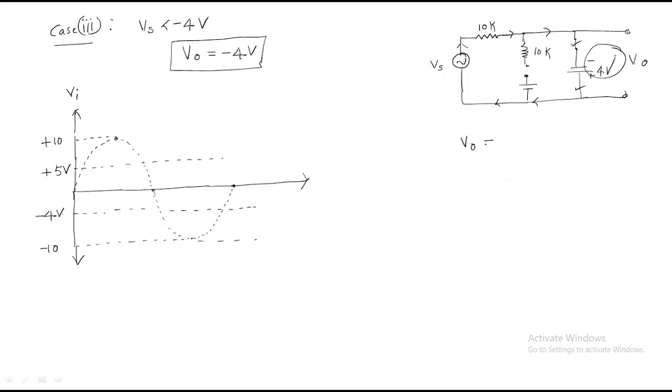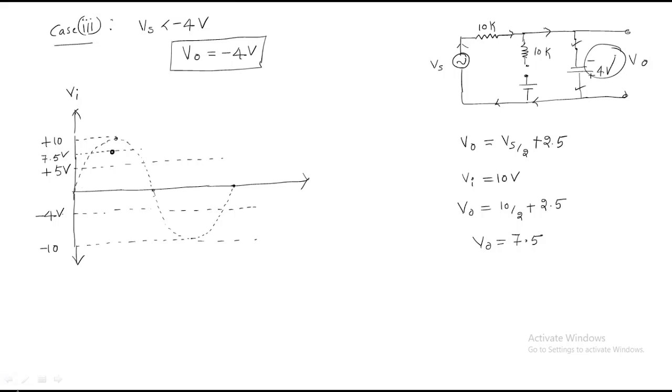So for case 1, above 5 volts, what happened? We need to look at what happens above 5 volts. For this case, Vs by 2 plus 2.5. So we need to know the peak value. Just take the input as 10. Then apply here, V0 equals 10 by 2 plus 2.5. So we will get V0 equal to 7.5. So V0 will reach the maximum voltage at this point. That point value is 7.5, so it will reach 7.5.